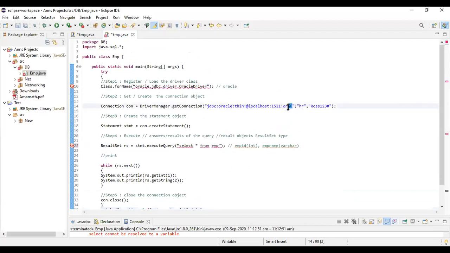Now I'll tell you one more thing. How do you get this particular word, ORCL? Very simple. I got my ORCL because I remembered it when I did my installation. You might not be remembering your ORCL, so I'll tell you how to get it, and then we will continue the same program in the next class. We will work on SQL Plus, do a connection, and then work on the query.